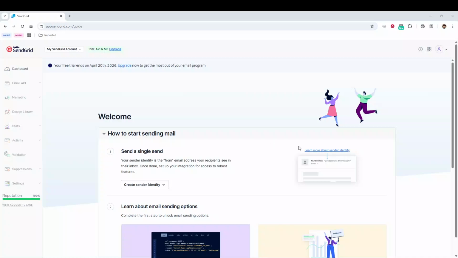In today's video, I'm going to teach you how to set up a Sendgrid API key. We'll walk through this step by step so that by the end, you'll have a working API key that you can use in your application, website, or integration. Make sure you're already logged into your Sendgrid account in a web browser because we'll be working directly inside the